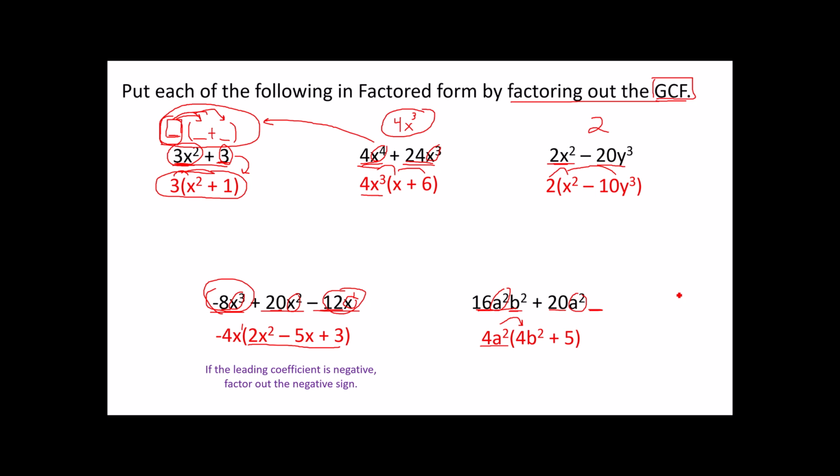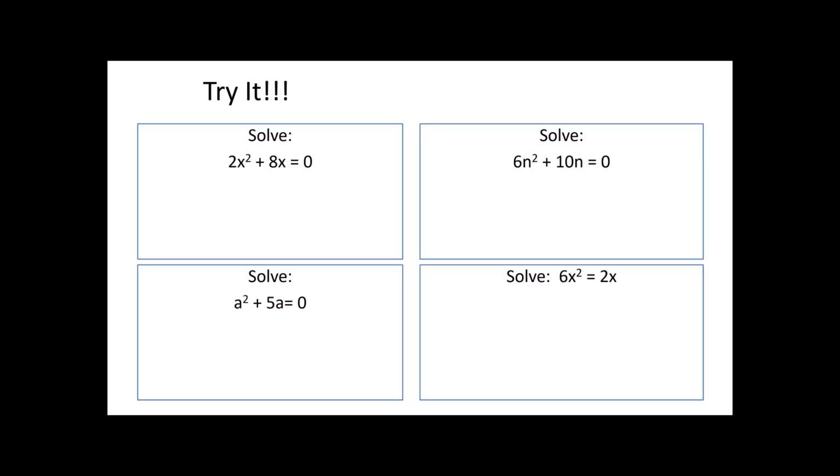Now, we've got these two big ideas rolling around. This factored form and using the zero product property to solve, and then this idea of putting things into factored form. We're going to tie it all together now. If I were to ask you to solve something that looks like this, 2x squared plus 8x equals 0, ordinarily, this would be very difficult for us because we cannot add these together. They're not like terms. If I were to subtract 8x from both sides, now I've got x's on both sides,